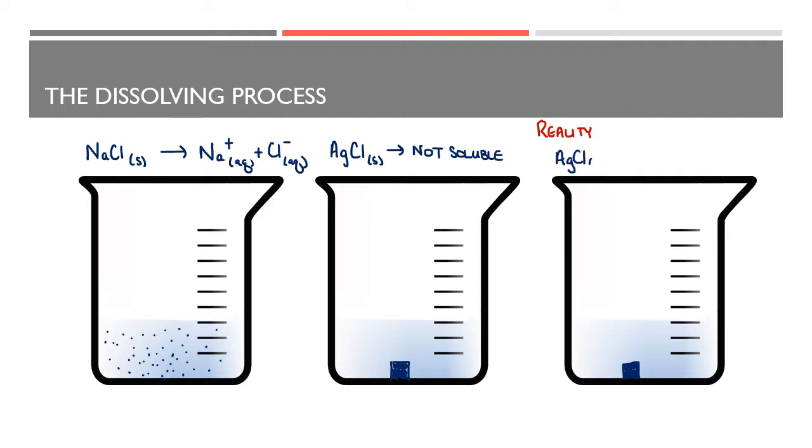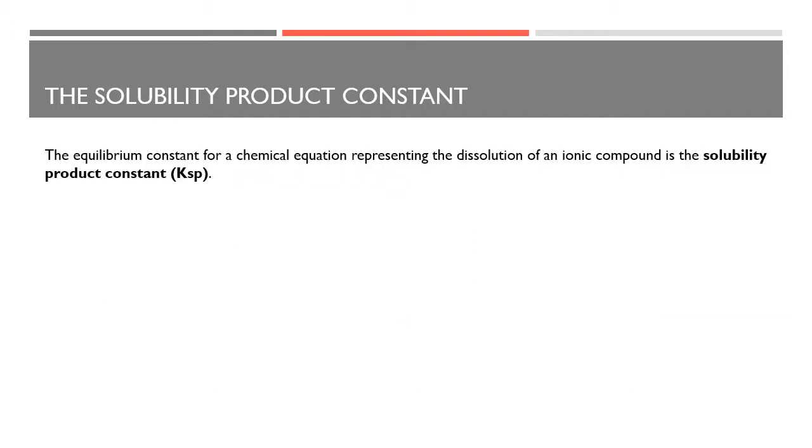So if we represent this as AgCl in equilibrium with a dissolving process, what we end up with is silver ions and chloride ions in aqueous equilibrium, and just a few particles. Now, it's so few particles that all solubility tables probably have silver chloride listed as insoluble, but